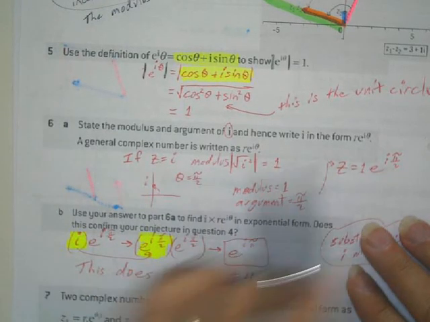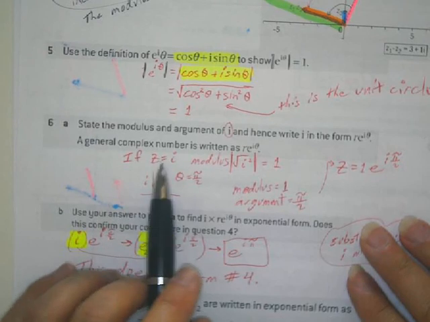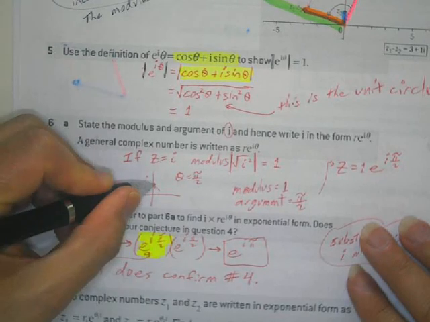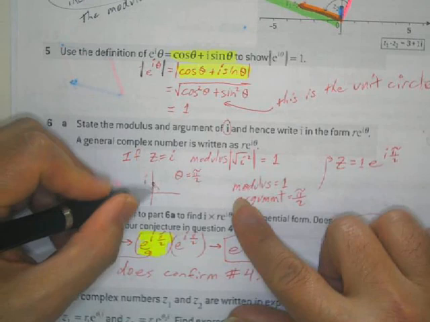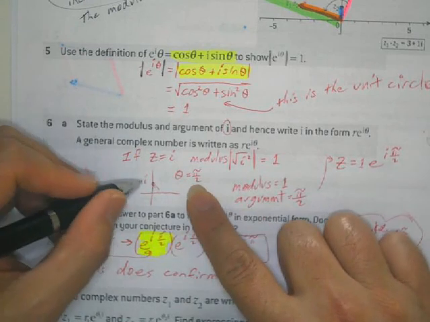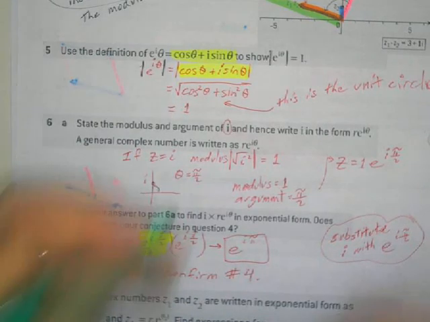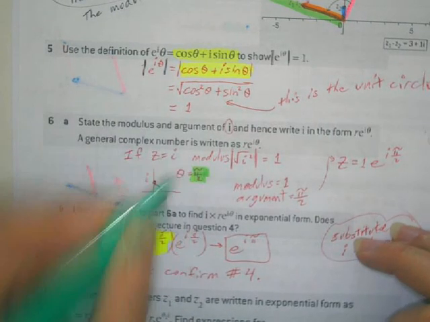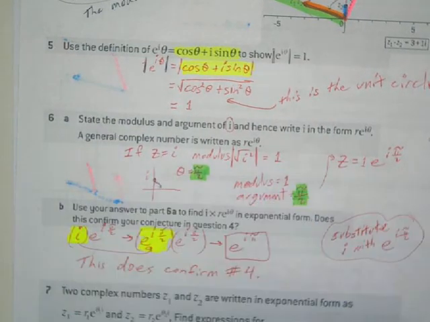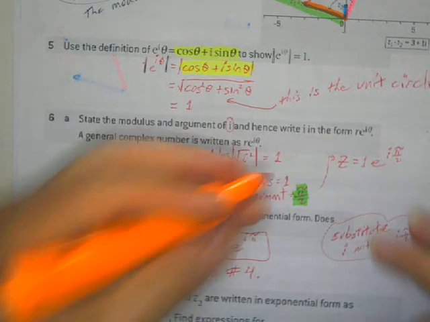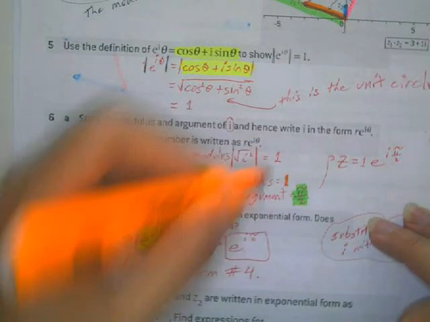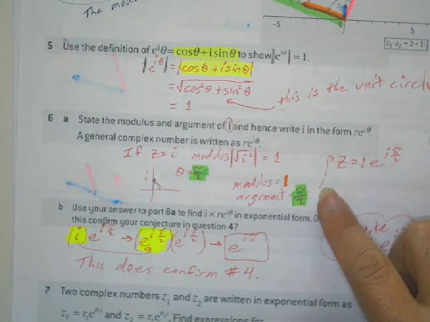So state the modulus and argument of i, and hence write i in the form r e to the i theta. So if z1, we've got a modulus of 1, and our angle, our argument, is pi over 2. So if I know my argument is pi over 2, and if I know my modulus is 1,